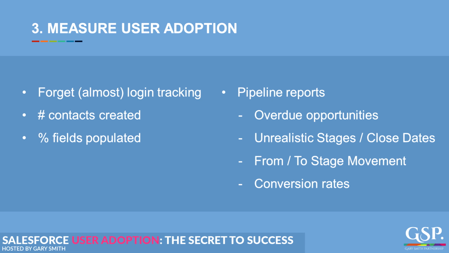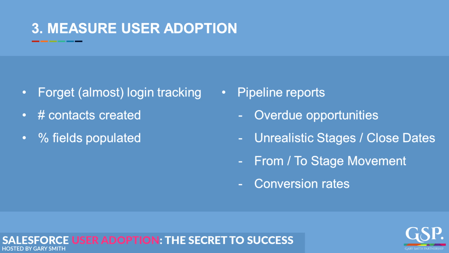But I really think to measure user adoption, you should use reports and dashboard charts that you would use anyway to manage the business. So for example, the number of contacts created and the number of contacts created without an email address. Well, we're trying to increase the size of the database and the number of people available for marketing. So we want to know who's doing that, who's adding contacts, who's populating fields on accounts and opportunities, because that enriches the database. But we can also use pipeline reports, opportunity reports to measure and to assess user adoption, overdue